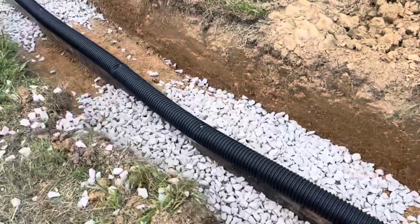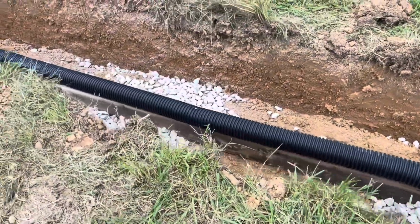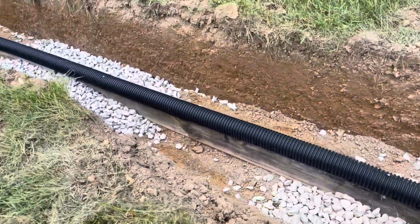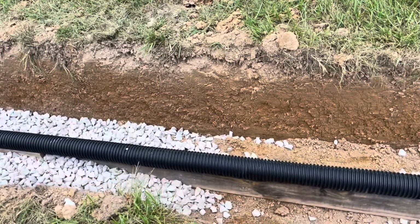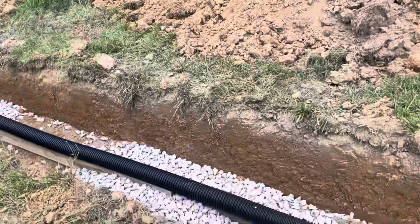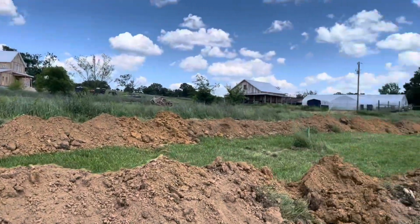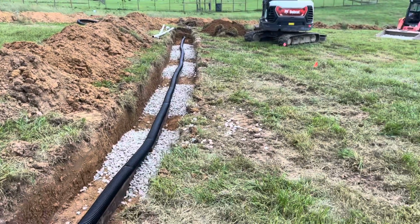I know that that's unique to Williamson County, and I think it's got something to do with the height, to make sure when the inspectors come back that they know how deep it is. I don't quite know. I think it's something like that. I don't remember. But these I think are 2 feet deep, and then the curtain drain is what surrounds it. So this is the first of the field lines,